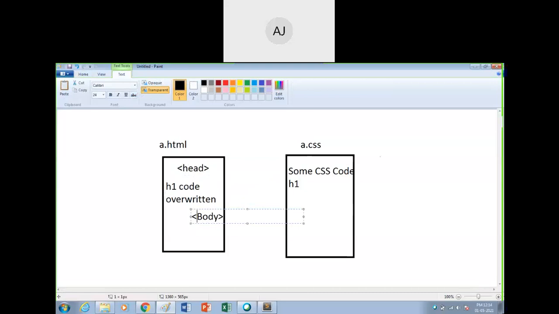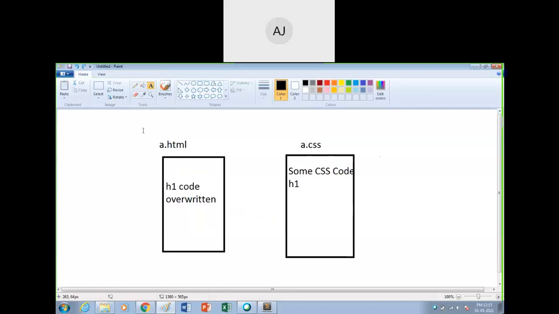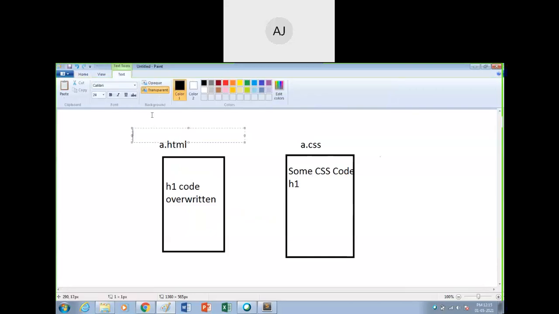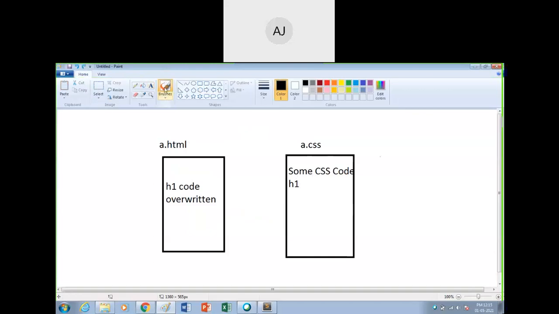That is very important. If it is in the head section, then this external level can be skipped and the head section code will be used. For example, I will draw one figure for this also. I will use the brush. So here external, then you have internal, and then you have inline.